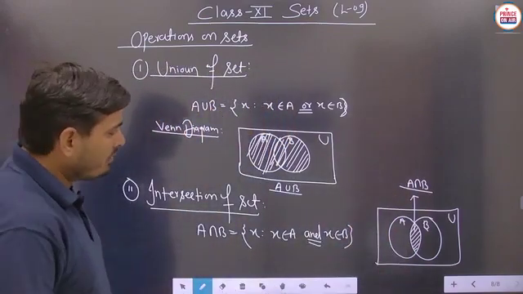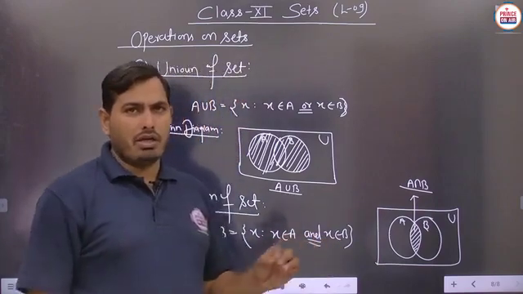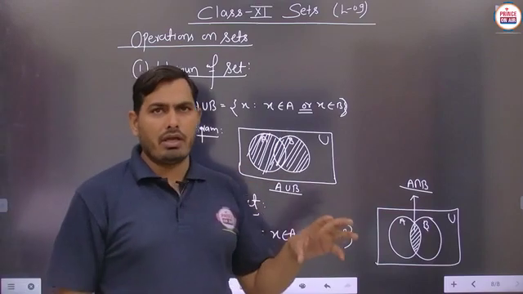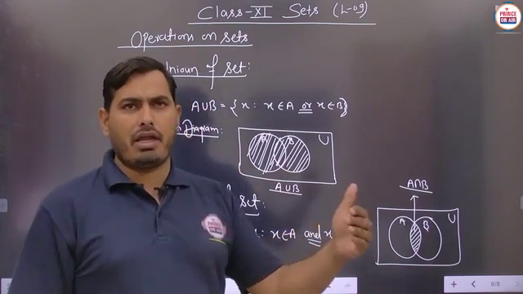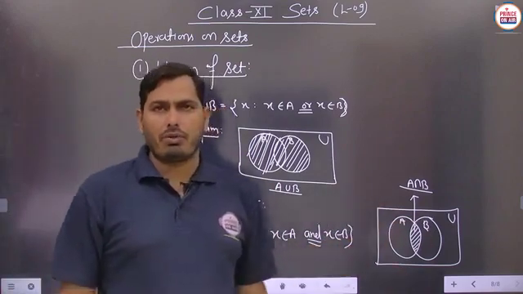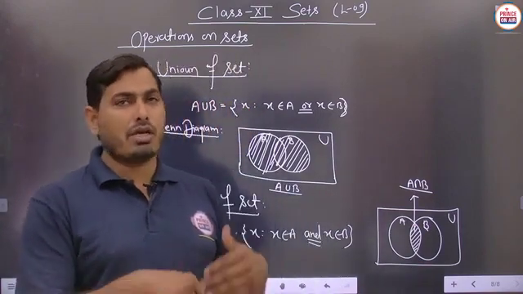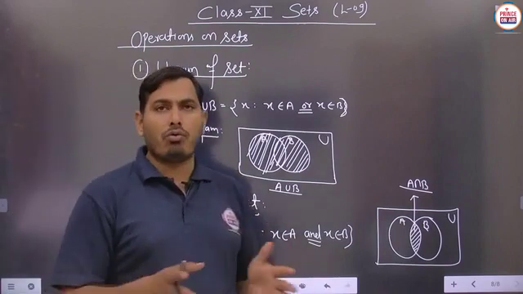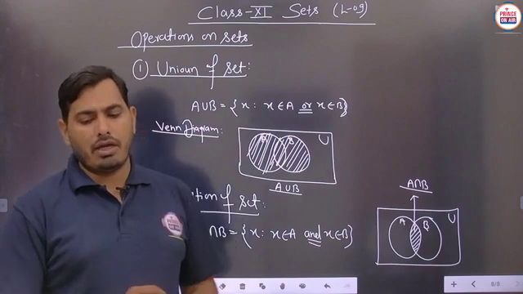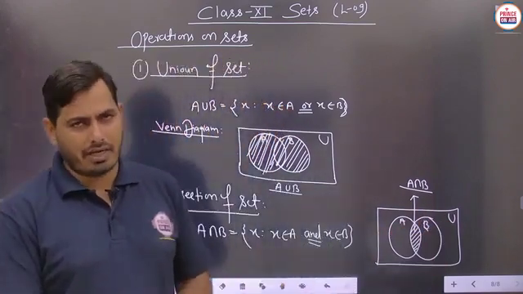Whenever we have to calculate the union and intersection, you can easily calculate each and every part. Union means each and every area belonging to sets A and B, both are included here. But in the case of the intersection operation, we just take the common region of sets A and B. Suppose in any of the sets no common region is found, means no particular element is common, then we take phi as the answer, and phi you know very well is the empty set. Is it clear?